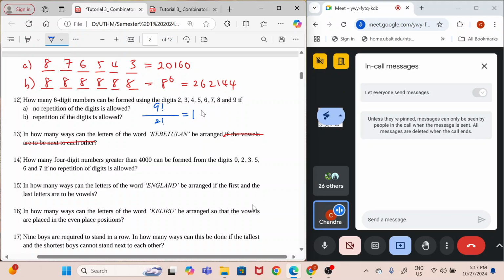You will have 181440. Okay, 181440. What does this 181440 consist of? It consists of vowels together and vowels not together. Hope you guys can understand. This 181440 is a combination of vowels are together and vowels are not together. Okay, so just now the question is,